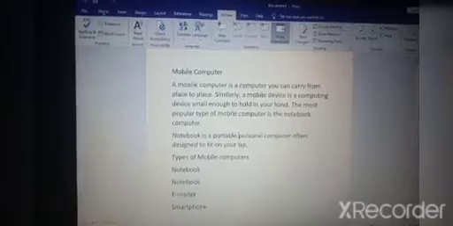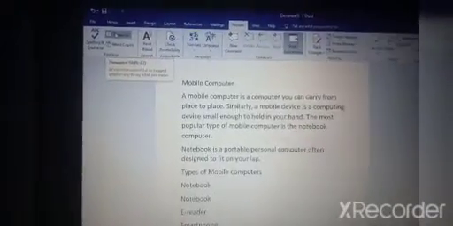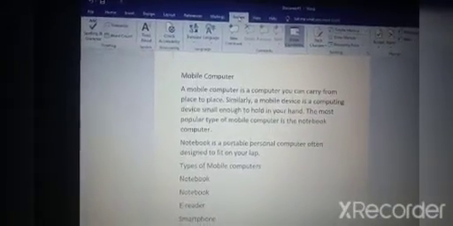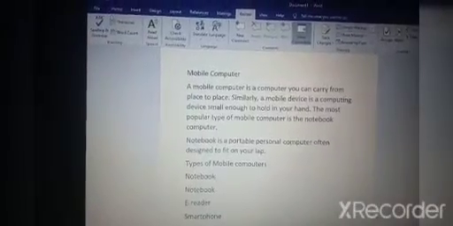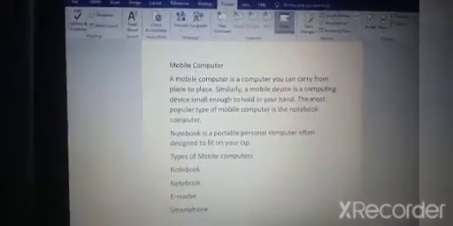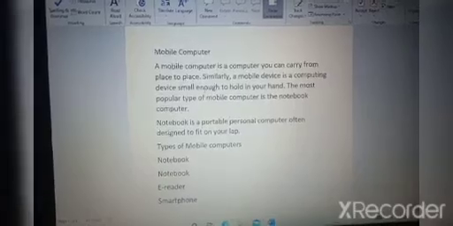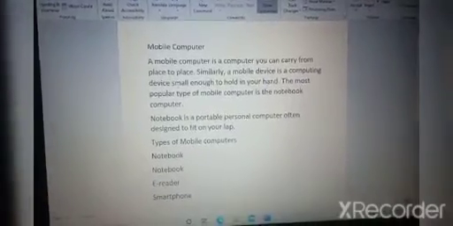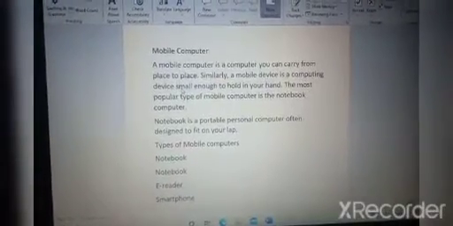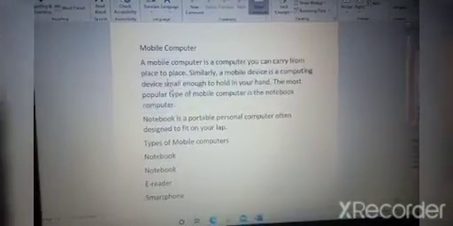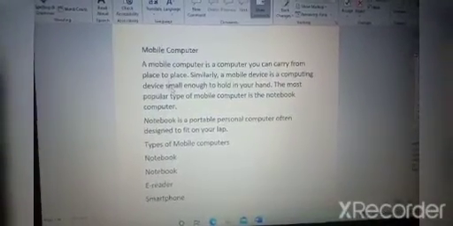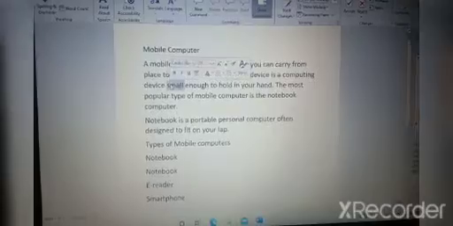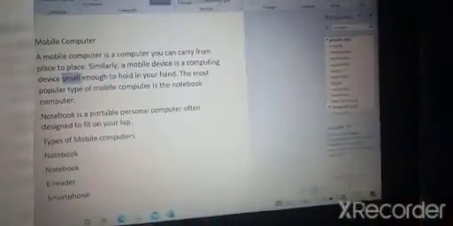The thesaurus option is in the Review tab. You just click on any word and you will get suggestions. I will select the word small, and here see, small is selected.